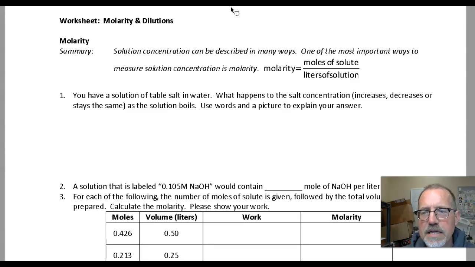All right, what I want to do is start out with this molarity and dilutions worksheet that I attached to Google Classroom. And basically it's giving you the definition of molarity. Again, molarity is,